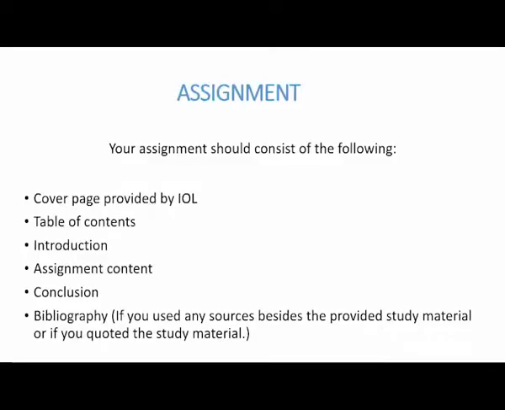Conclusion. This is not the final part; it concludes the assignment part. After that, you still need to have a bibliography as well. If you use any sources besides the provided study material, or if you quote the study material, we know that